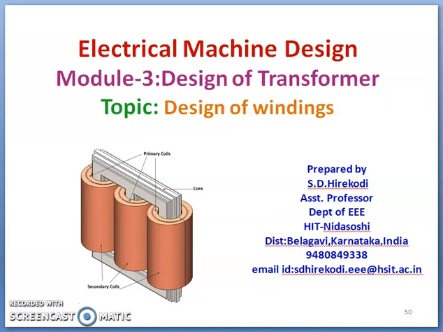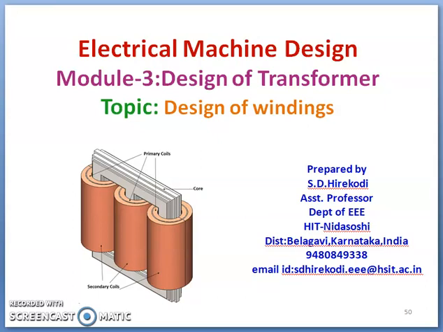Dear students, let us discuss design of windings. You know, the transformer has two windings: one is the high voltage winding and the other is the low voltage winding. Depending upon the type of winding, high voltage and low voltage windings are interchanged as primary as well as secondary windings. And the design of winding involves the determination of number of turns and area of cross section of conductor